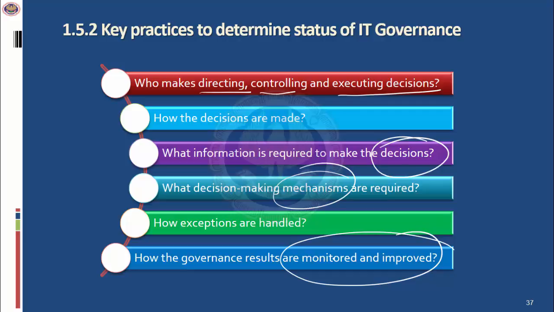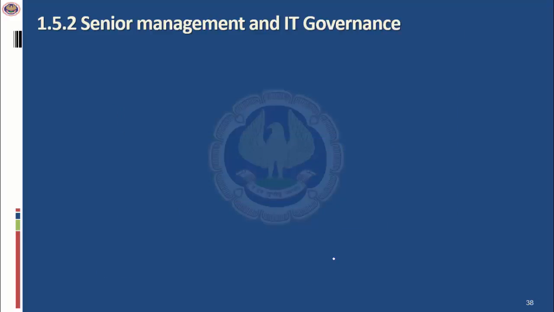This will give you a clarity on what are the practices to determine what is the status of IT governance. Now use this simple concept and apply it to an enterprise, let's say Wipro or Infosys or TCS or Kingfisher or any other organization. You'll be able to know higher the level of IT governance, higher is the corporate governance, and also you find higher is the process and mechanism in place within the organization which will help the enterprise to achieve the objectives.